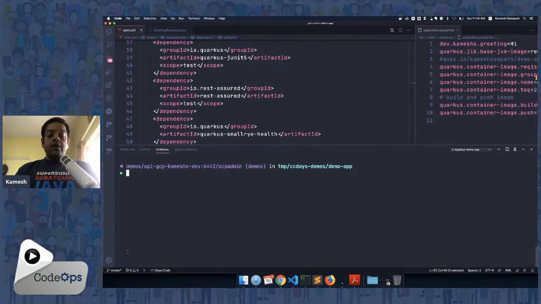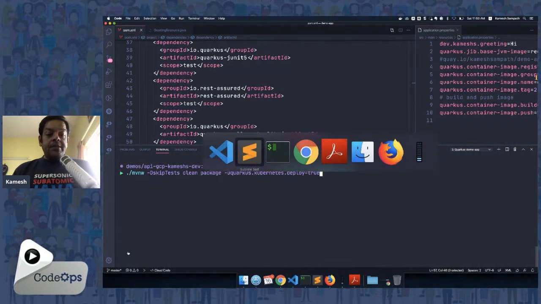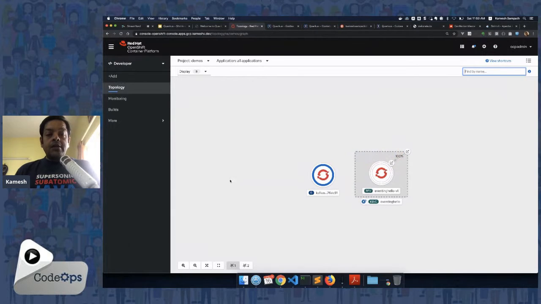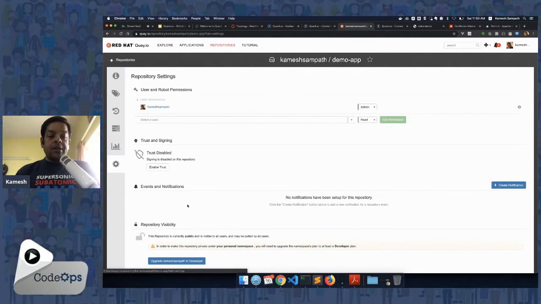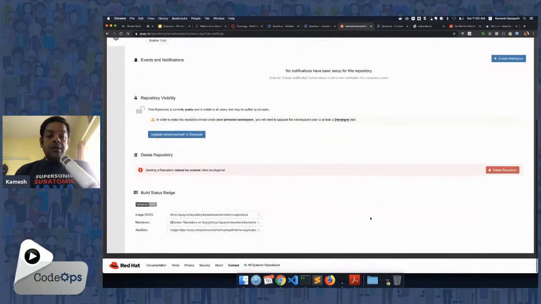What I'm going to do right now is say mvnw -D skipTests clean package, and go and do a deployment of this application into Kubernetes. What basically happens is that my application gets pushed, and once it is pushed, it's going to deploy this application here, right? One other thing I need to do is make sure this repository is